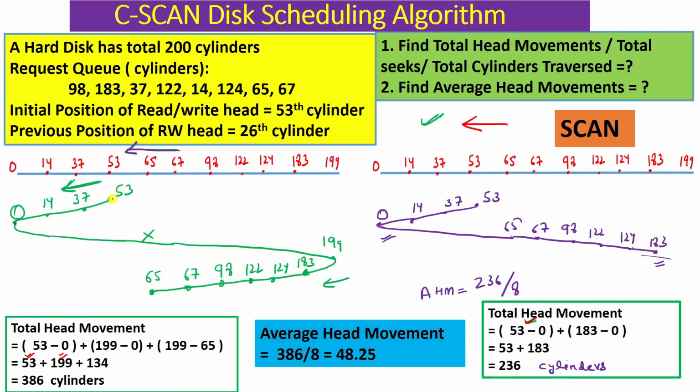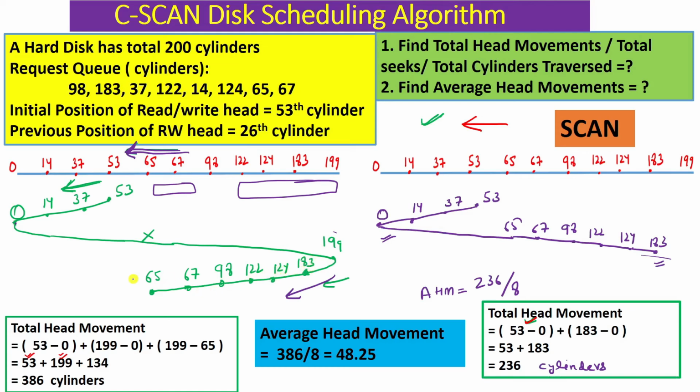So in C-scan, you completed 53 and 0. Now what you will do, you just change your direction. There may be some requests waiting here, and some requests waiting here. So just do one thing: you start from this direction, from 0 to 199 you come here. You come to 199 and service the requests from this end, not from here, because they may have arrived at an earlier time. So you service 183 first, then this, then this.